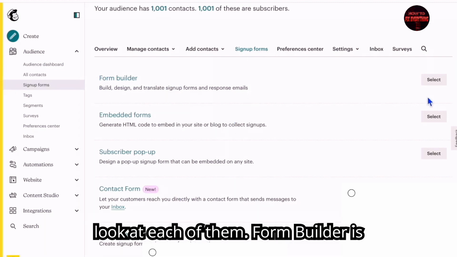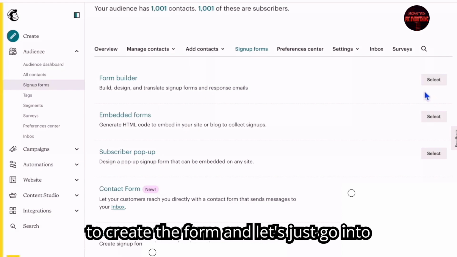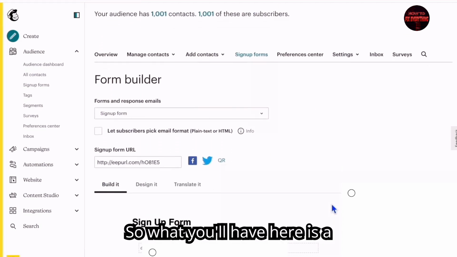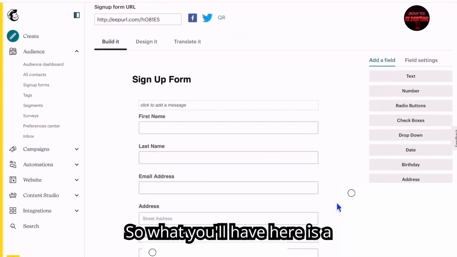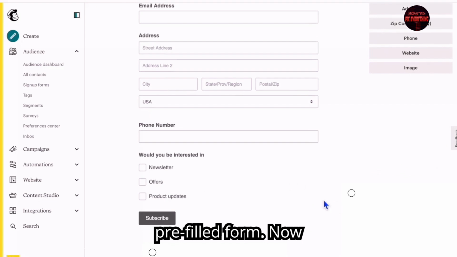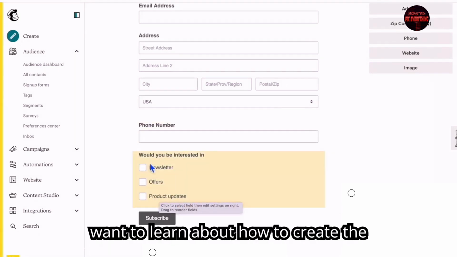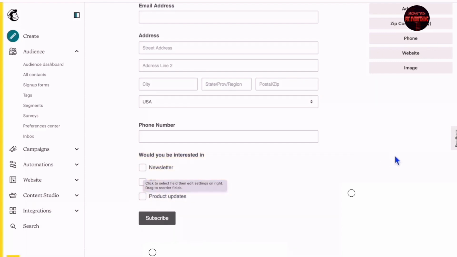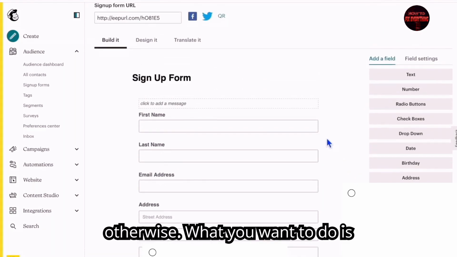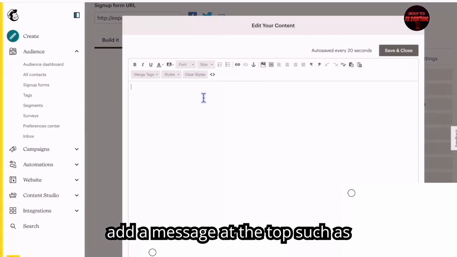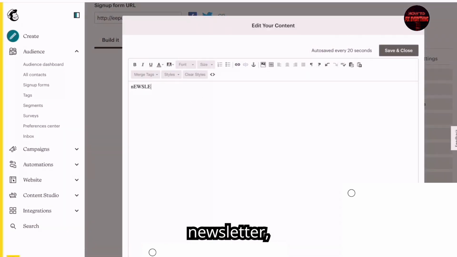Form Builder is the main event. This is where we're going to create the form, and let's just go into it. Hit select. So what you'll have here is a pre-filled form. Now, check out the lessons on groups if you want to learn about how to create the groups in this field. Otherwise, what you want to do is add a message at the top, such as newsletter,